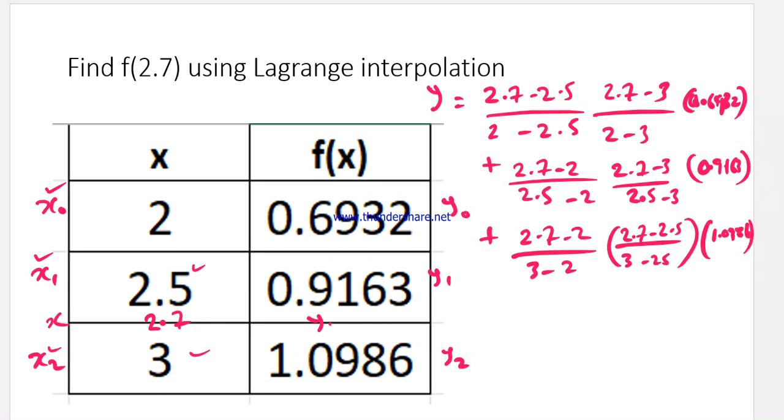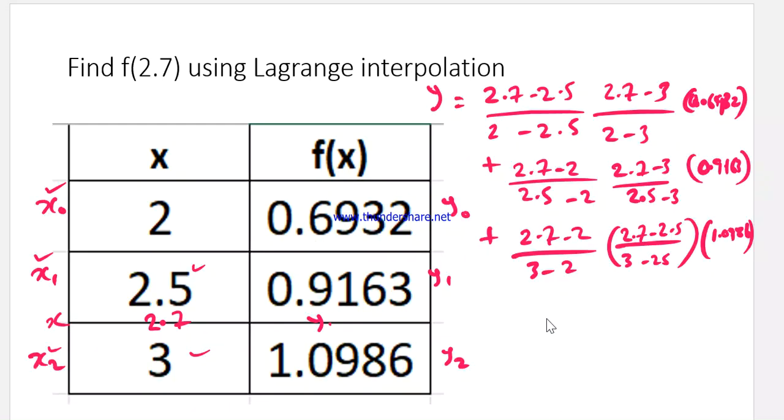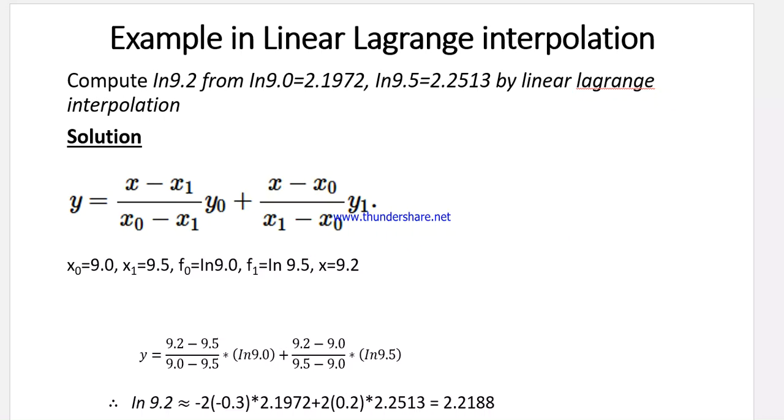So when we evaluate this, we are going to have our value, so our y equals to 0.99411. So if you look at 0.99411, you will see that it falls in between 0.91 and 1.09, which makes our result very reliable. So we can go on and on to solve for other forms of